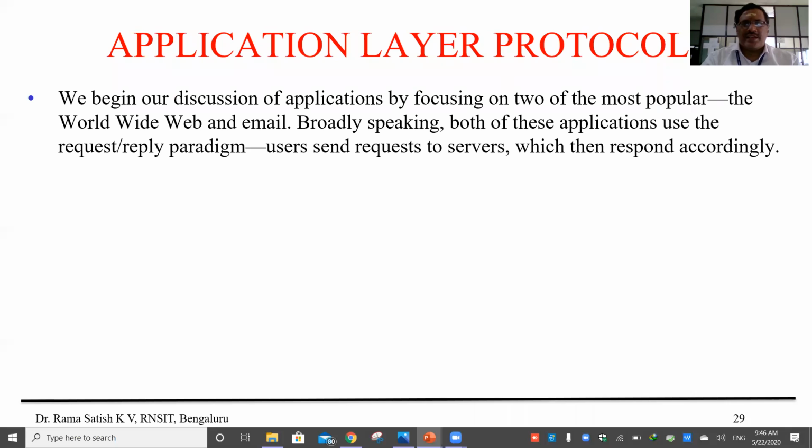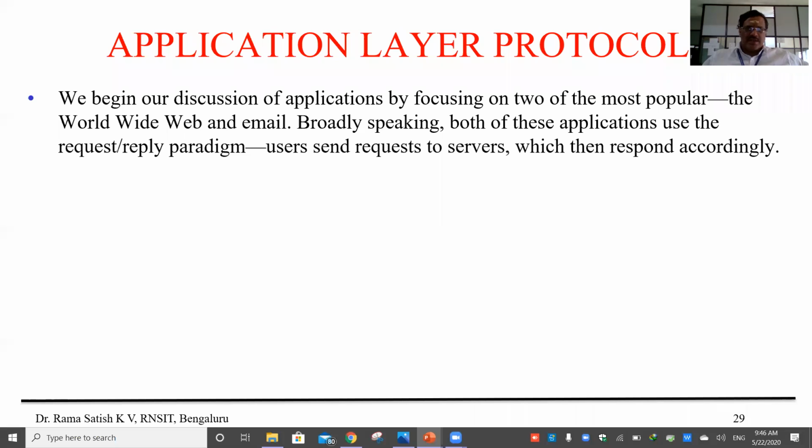In this particular module, we begin our discussions on applications focused on two major popular applications. One is the World Wide Web, that is accessing and browsing the World Wide Web. The second one is email.